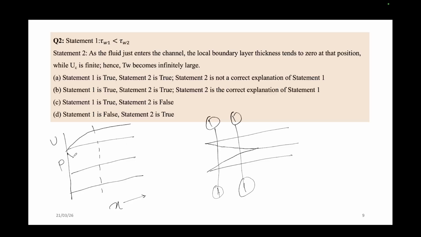That's why P initially decreases and after that remains constant. Then in case of tau also,